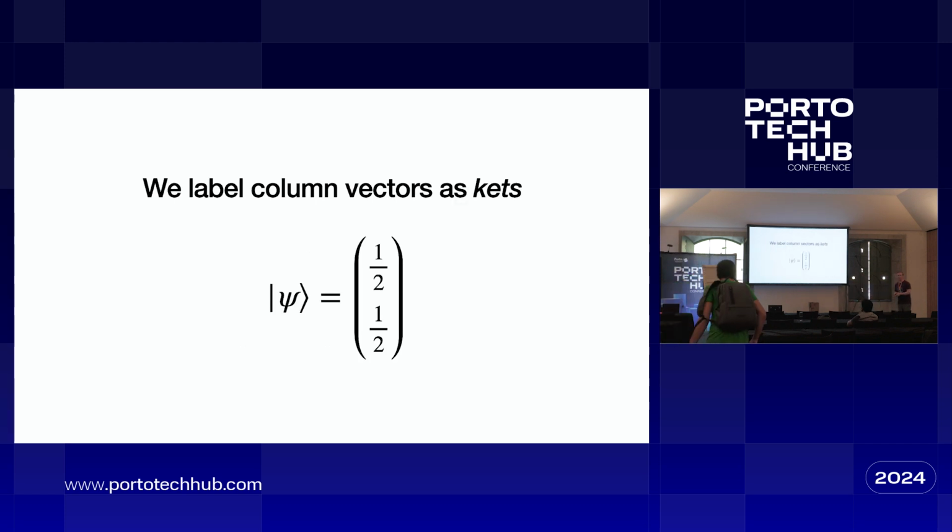Now, in physics and in quantum information, these kind of vectors, the column-y ones, we write using this funny notation. We label them, okay? The thing in here is an arbitrary label. I put psi because this doesn't mean much to me. That's like the default thing, like x or foo, right? And if it's a column vector, then we call it a ket, and it has the pointy bit going that direction, to the right.